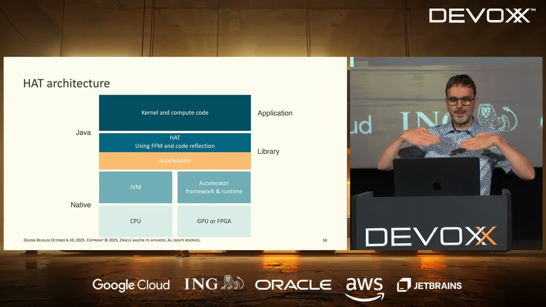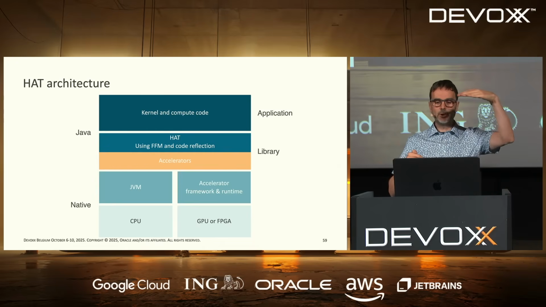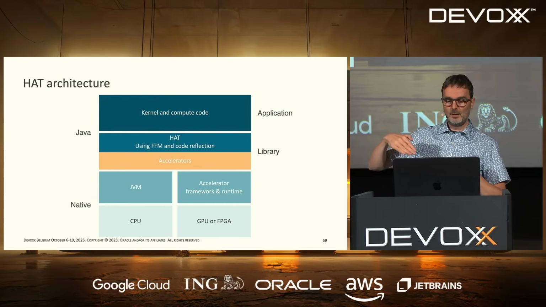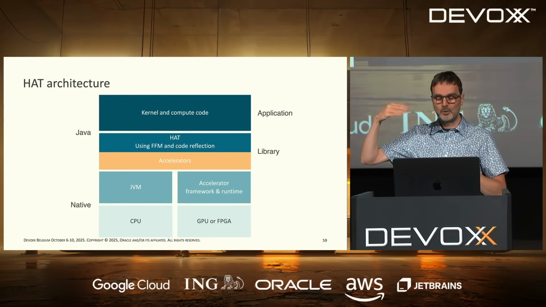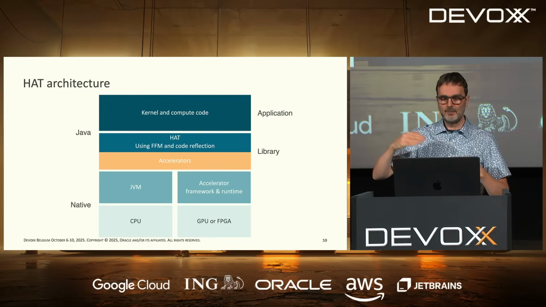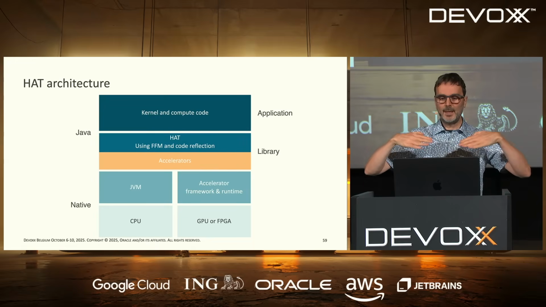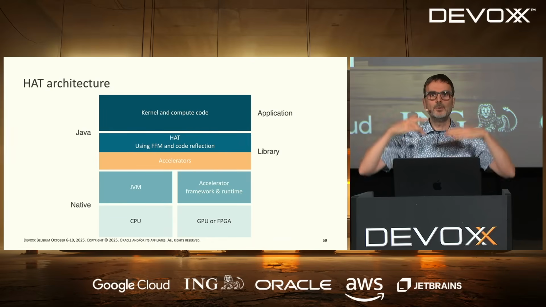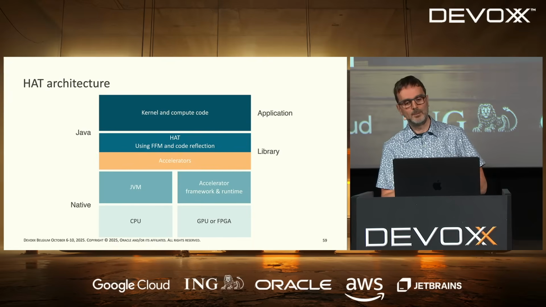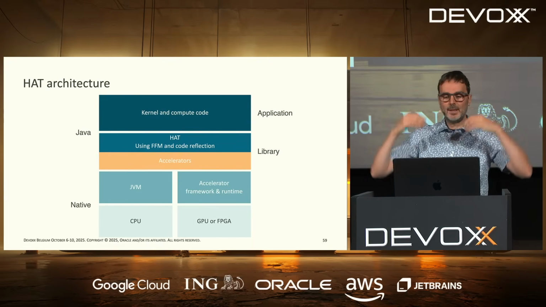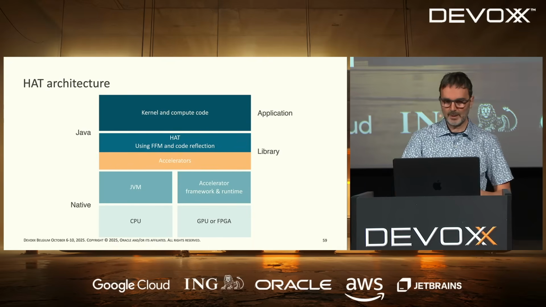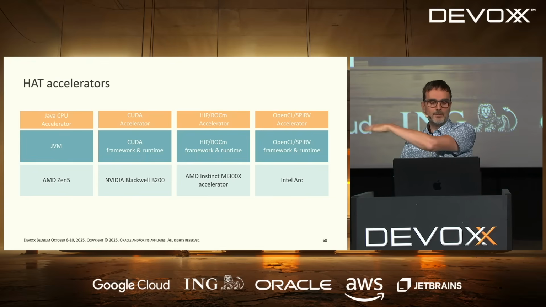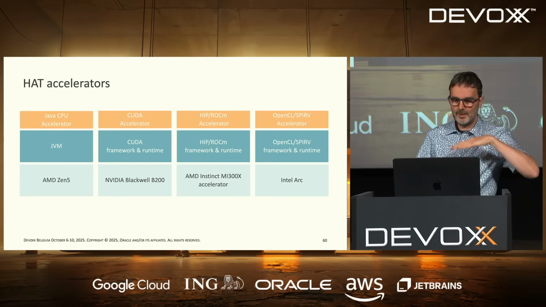So here's the architecture. Native-wise, we have the CPU and JVM. On the left, we have the GPU or FPGA and the accelerator framework like a CUDA, OpenCL framework native. And then on top of that, we have the JDK and the HAT library and the accelerators in there and the HAT code using FFM and code reflection. And then on top of that, we have the kernel and compute code written by the application. And you can have a bunch of accelerators here for each different kind of hardware. AMDs, NVIDIA,